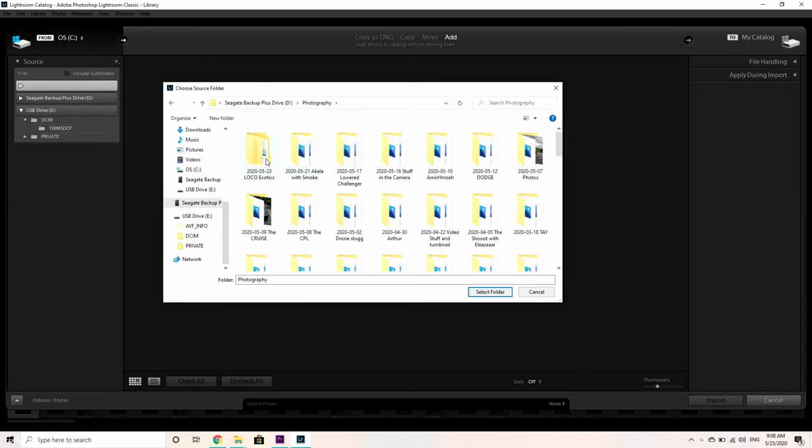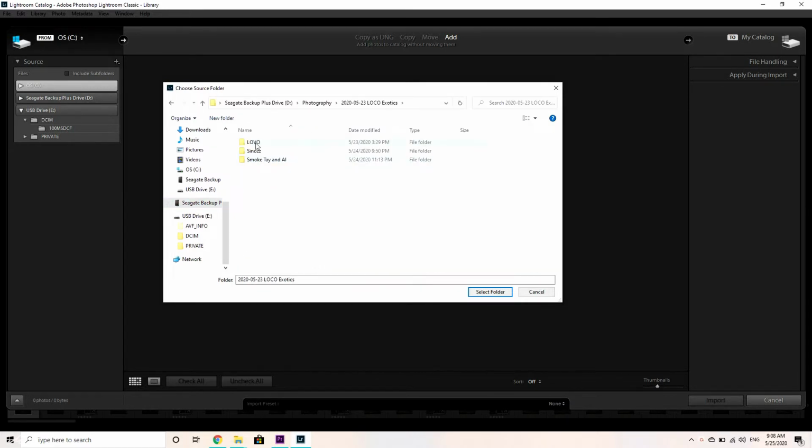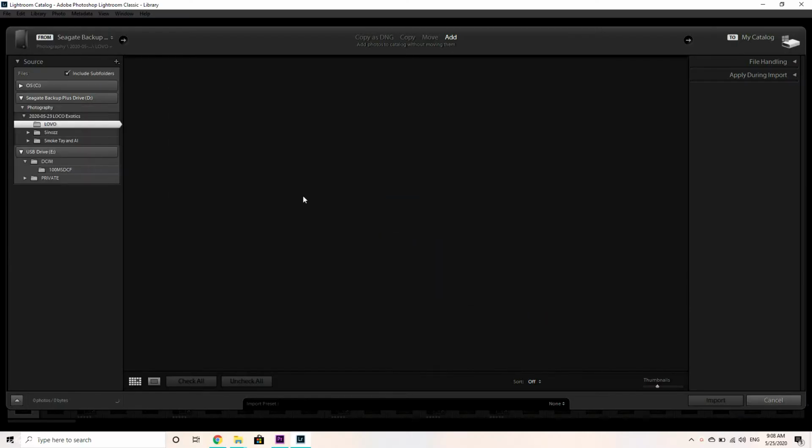photography, this folder. Let's try this folder, and when you double click on the folder you want to open, it just gives you an option to select a folder. If you had another folder under this folder, if you select this folder, the folder within the folder you're selecting is going to be selected too, so you'll see the photos. So select the folder,